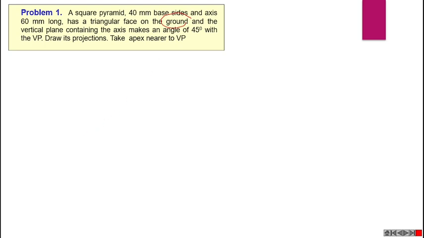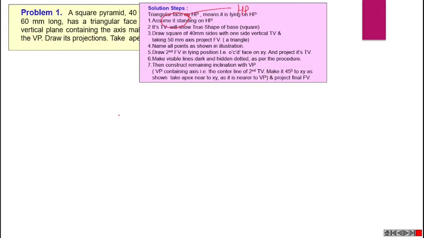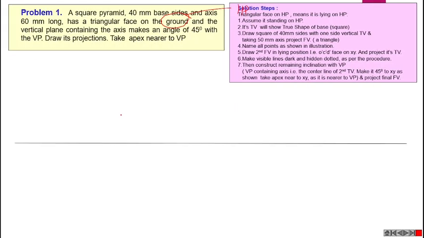Here we can treat that ground as HP, the horizontal plane. Then we can draw the first figure, or the base figure, like this. First we have to draw the XY line, then we can draw the top view of the square